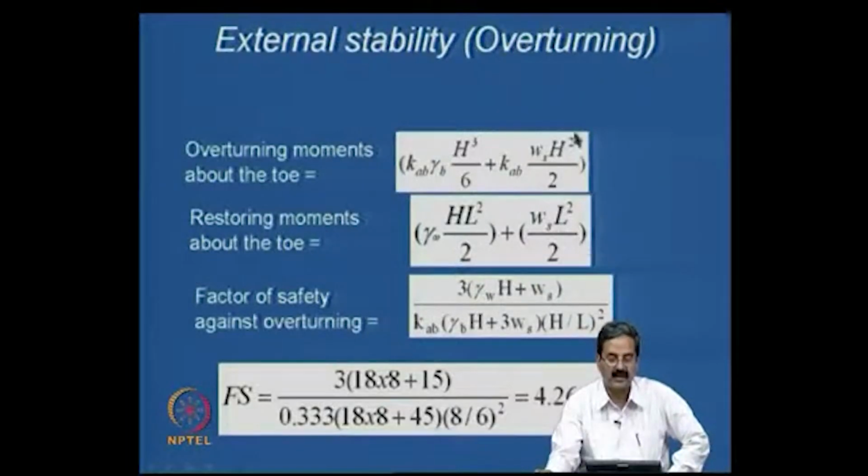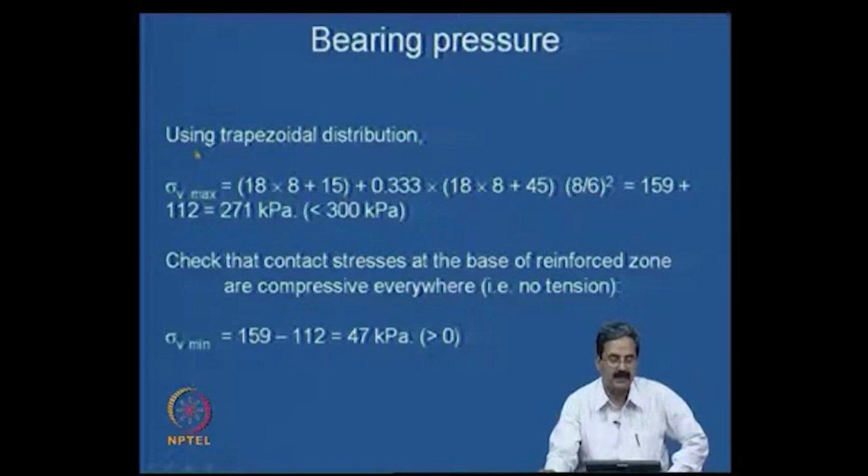Similarly, you can do the overturning stability, you can put all these numbers. It is actually given in my book also, this particular example. And the factor of safety with respect to overturning, if you just put all the numbers, is 4.26, okay, more than 2. Now, using trapezoidal distribution, I said you can do Meyerhof distribution or even trapezoidal distribution. In this case, I would like to show the use of trapezoidal distribution. One can see that you get maximum vertical stress as 271 kPa, which is less than the bearing capacity of the soil. And the minimum value is 159, it's more than 0,